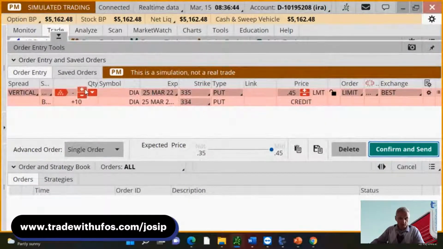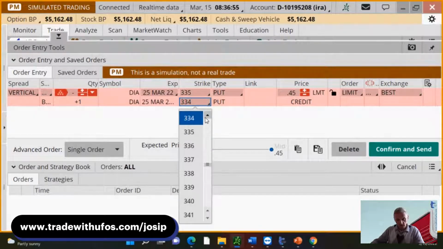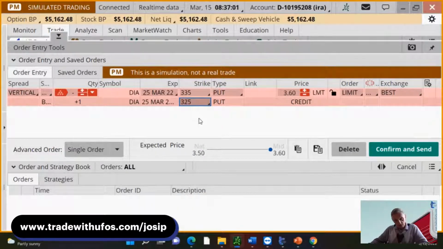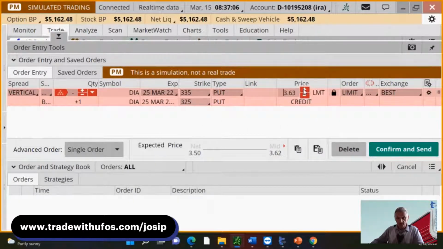I purposely keep this on a 10 contract, so I teach you to slow down execution. Slow down execution, bring it up. Of course, you can automate this to be at a single contract, but I want to make sure that when you do this, you pay attention to your breathing and you're actually able to do this. So I'm going to ask for a credit of 3.70.